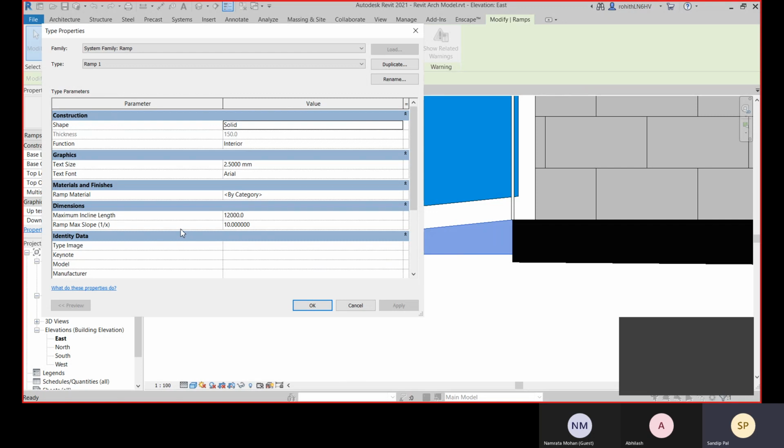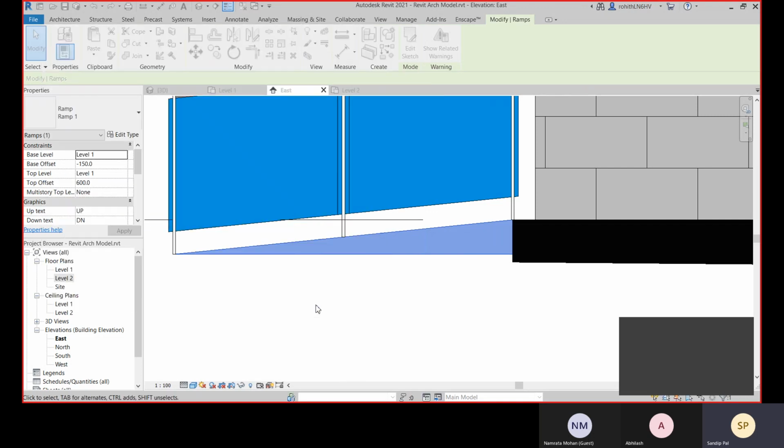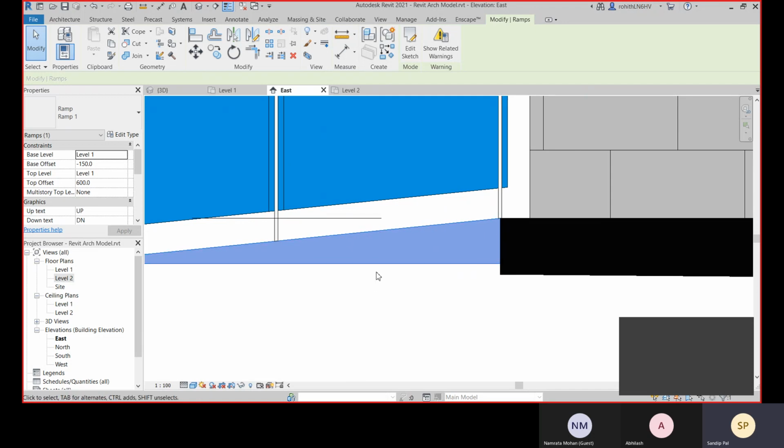Now go with this maximum slope 10 and click OK, and now you check it.